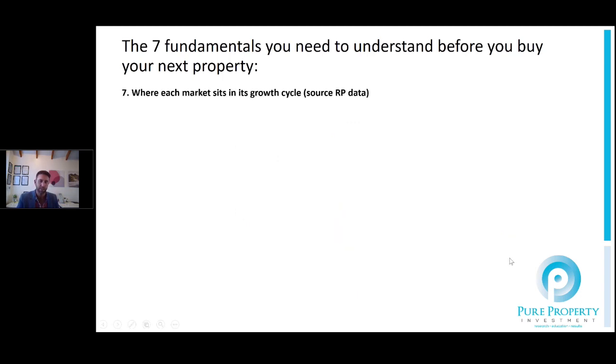Now, I'll get into this part in a little bit more detail. This specific aspect, the seventh point of the seventh fundamentals, is where each market sits in its growth cycle. And if I reflect back on the first slide talking about consumer sentiment, or where the psyche of the investor in the real estate market really sits, this is more the factual part, not just focusing on how people feel, but what the data suggests over the last 10 years and where we're at in our growth cycle. So this will hopefully give you a really good understanding of where things are at right now and how you can translate that into certain markets.